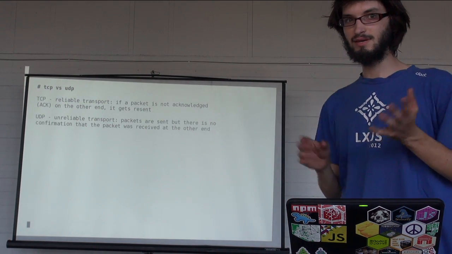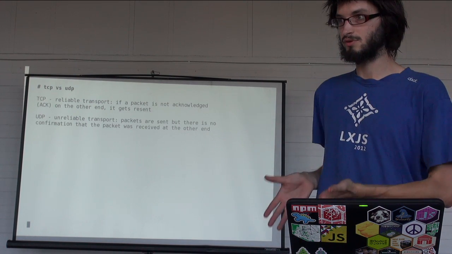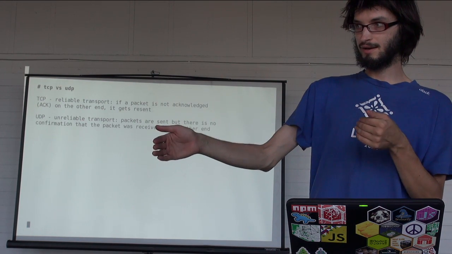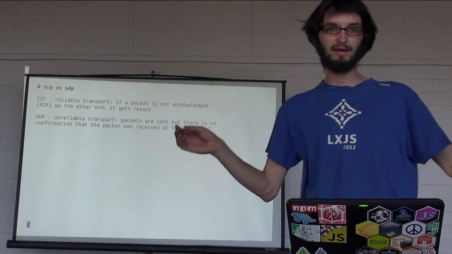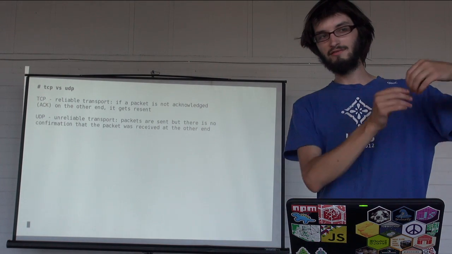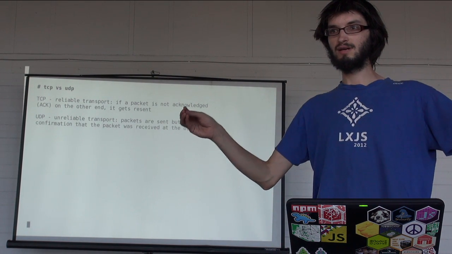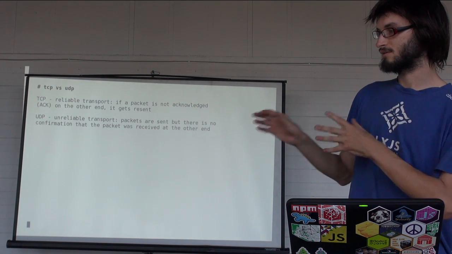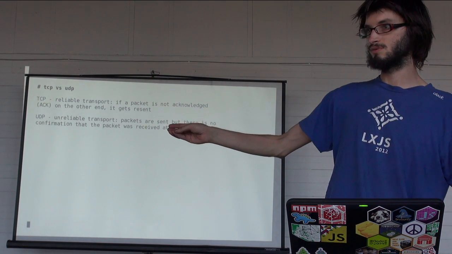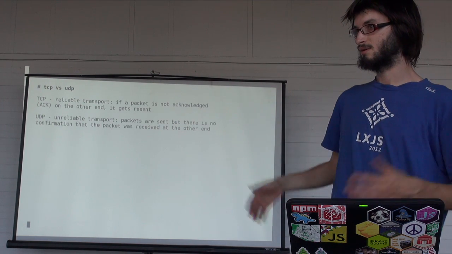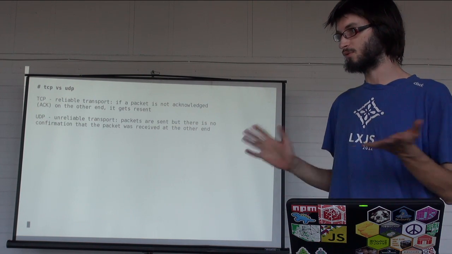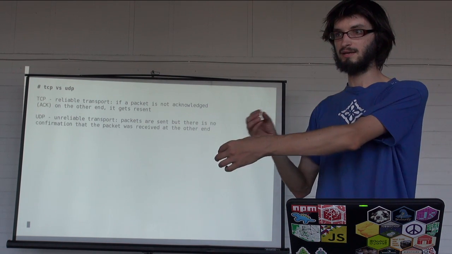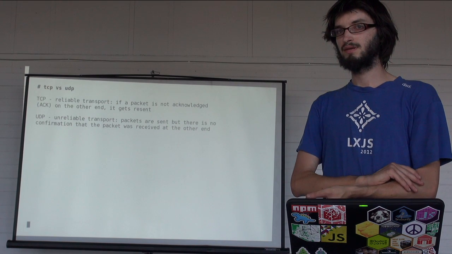For TCP, so what is TCP? TCP is a reliable transport mechanism. There's this thing called an acknowledgement, or an ACK, in a TCP session. Every time you send a packet, this isn't strictly true, but every time you send a packet, you receive an acknowledgement from the remote host. But in actuality, you send a number of messages and you receive ACKs, big batches of them at a time. That's called windowing. But the simple model is just that each packet gets a response,